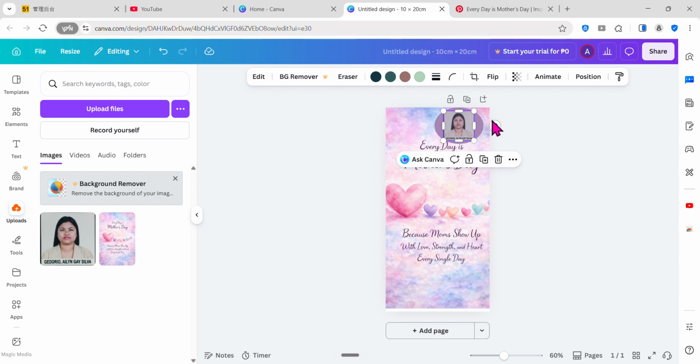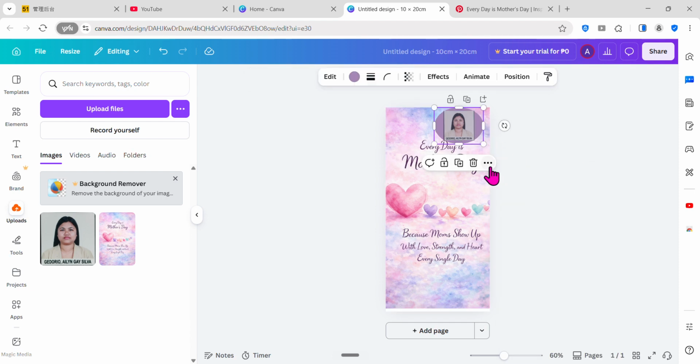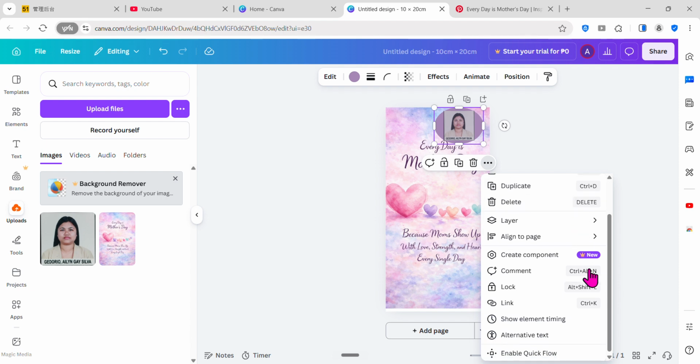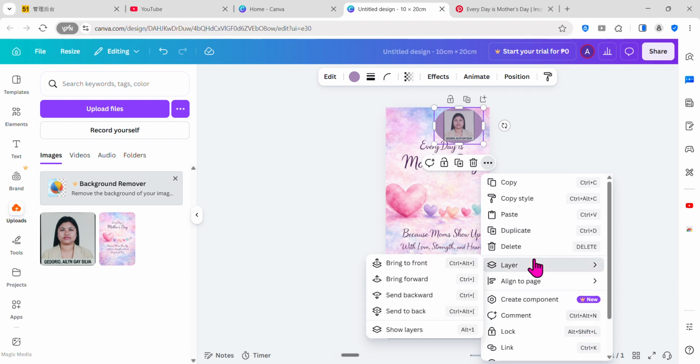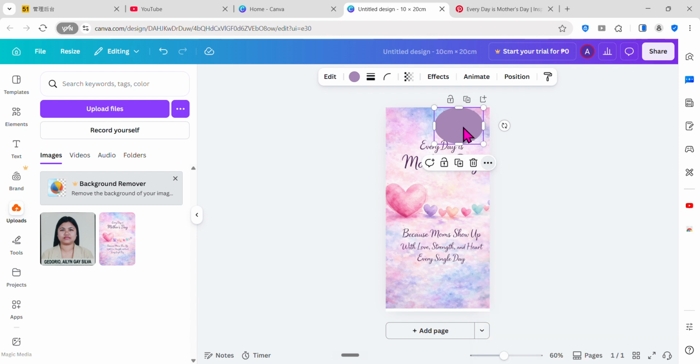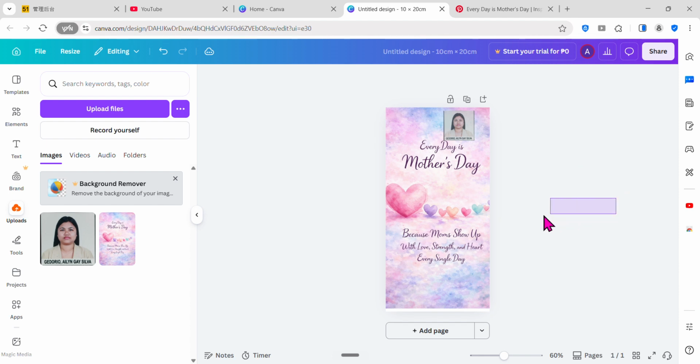And then you can just adjust it like that, and then more, and then layer, bring to front, send to back. Just wait.